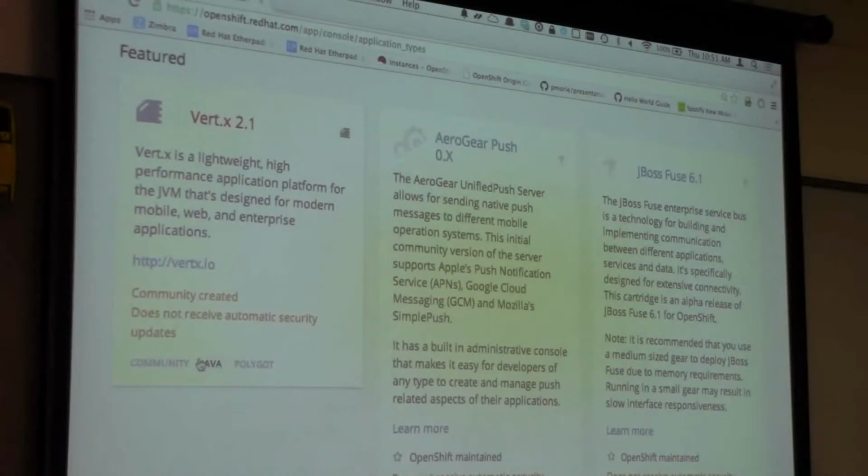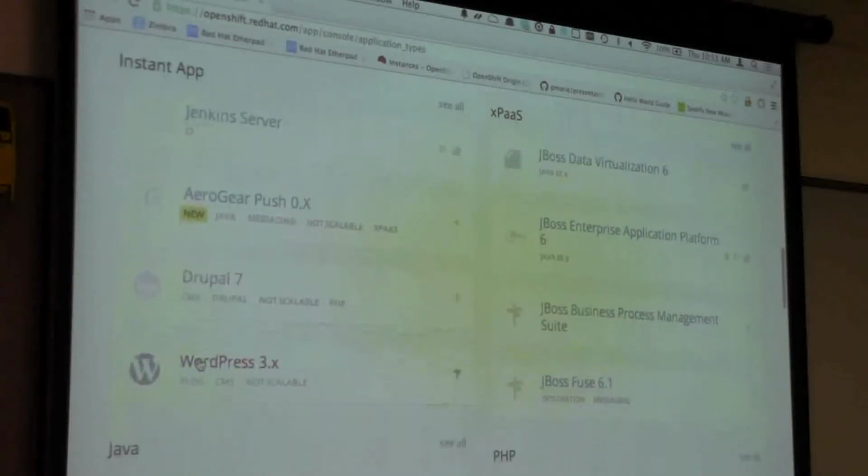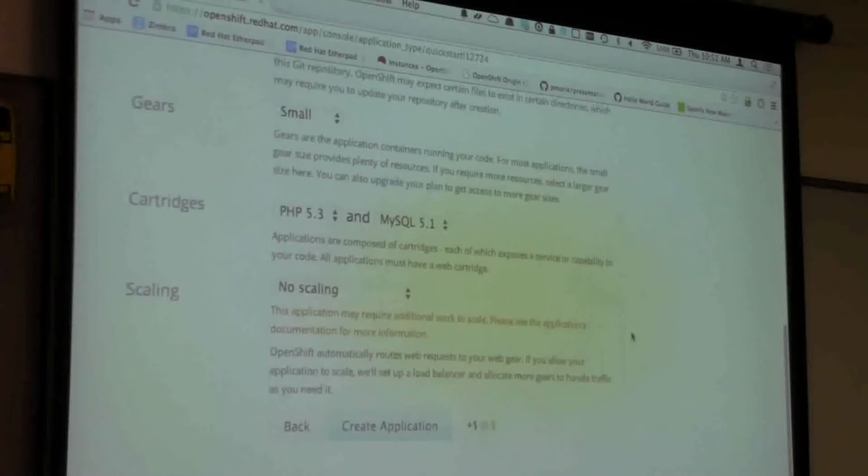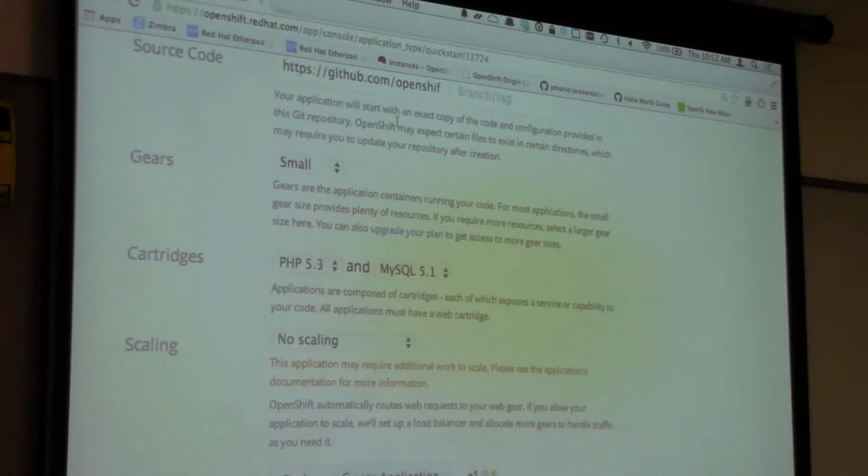And so when I want to create a new application, the first thing I have to do is choose my cartridge. And you can scroll down and choose one. If you wanted to just create a WordPress app real quick, Openwest, WordPress. There's these things called instant applications that automatically pull the WordPress source code from GitHub. It automatically knows that it has a dependency on PHP and MySQL. And you just click Create Application. And assuming that my OpenShift system is working, which may or may not happen if someone hasn't fixed it in the last 10 minutes, in about 30 seconds, you'll have a complete WordPress environment set up and running.